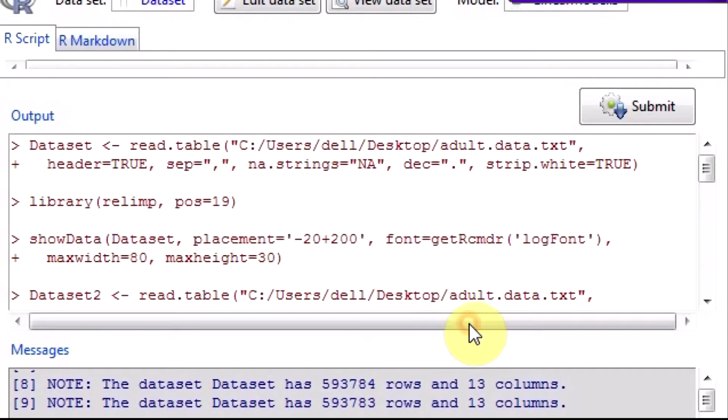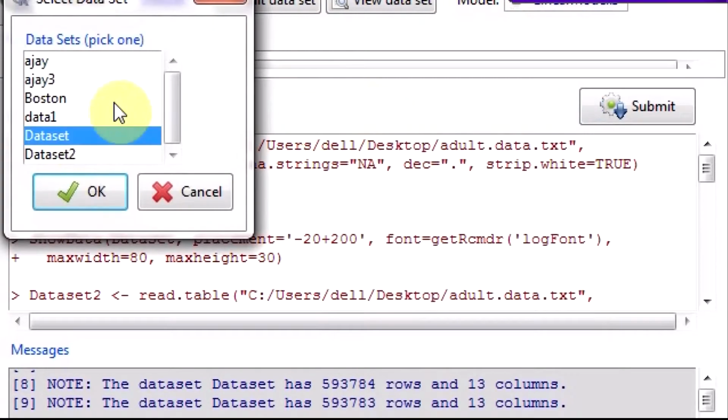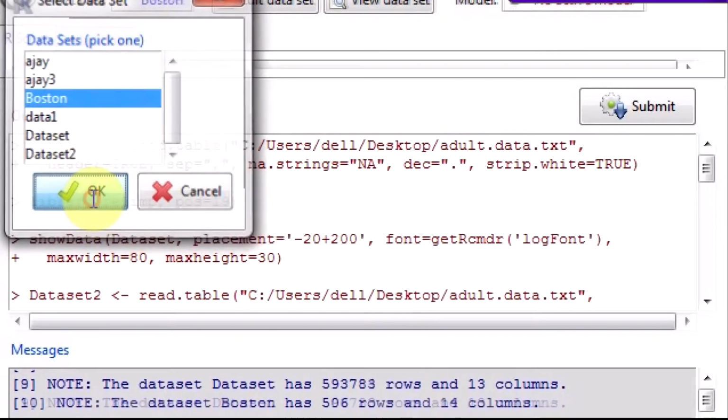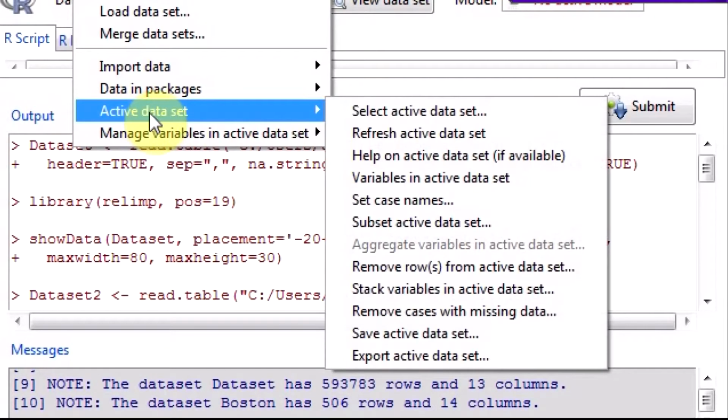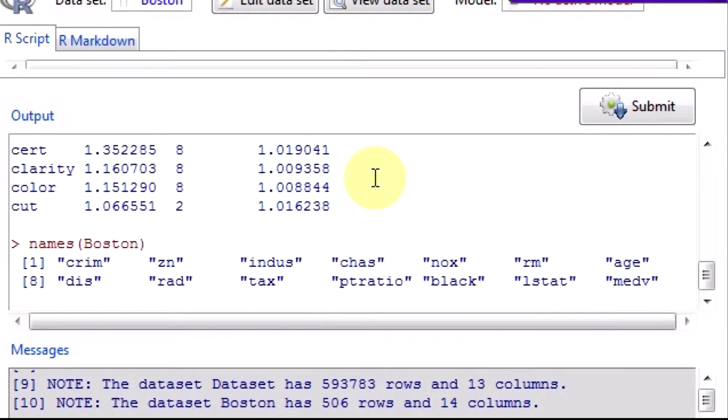Now I can go to data, active data set, select active data set, look at Boston. Okay. Now first of all I need to look at what are the variables in the active data set. Data, active data set, variables in active data set. I see these are the variables. Here I am trying to predict price, which is MEDV, as a function of crime, zone, industrial area, whether the river is there or not, right?